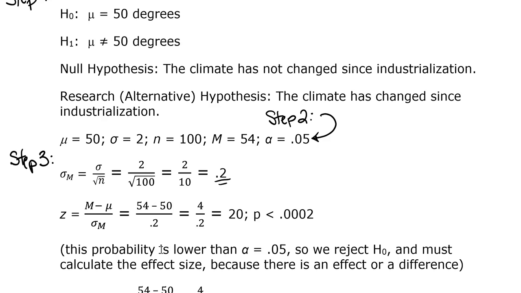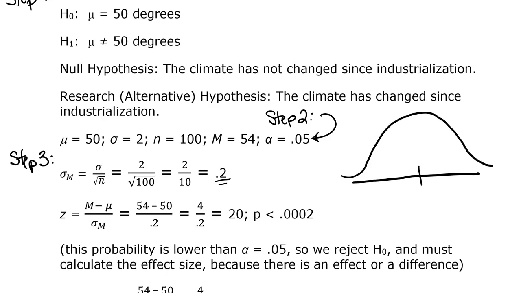So now we can go ahead and do our z-test. So our z is equal to sample mean minus population mean divided by standard error, which is equal to 54 minus 50 divided by 0.2, which gives us 4 divided by 0.2, which is equal to 20. All right, so the next part,